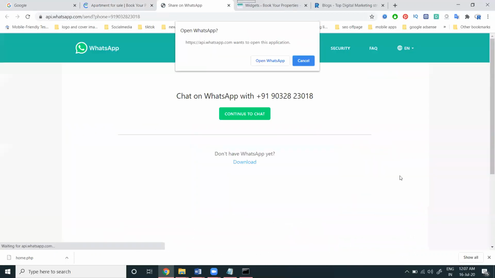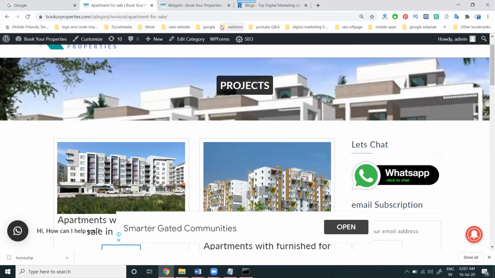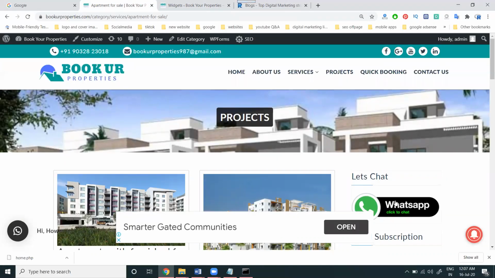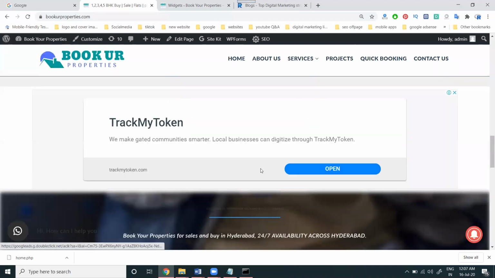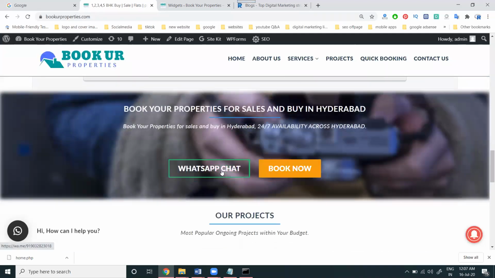Just one click. If you get any error, it can't open that particular option. There is no plugin required. The option will show on every post, and on the home page it will be there when you scroll. If you use plugin options, we can also use this without a plugin. So if you're using many plugins on WordPress, no worry about that. Without a plugin, you can add the WhatsApp chat button.